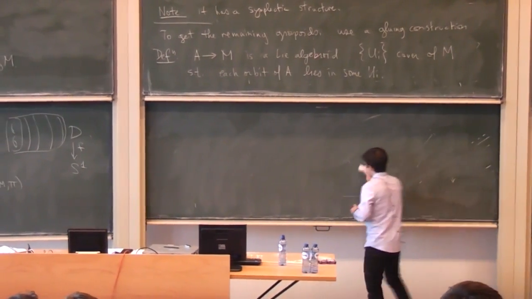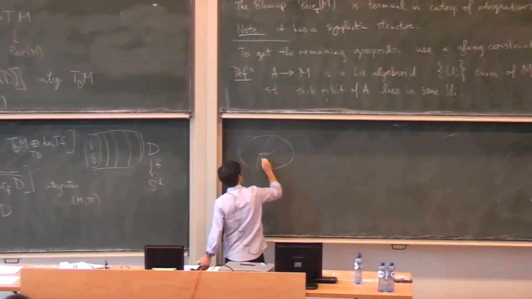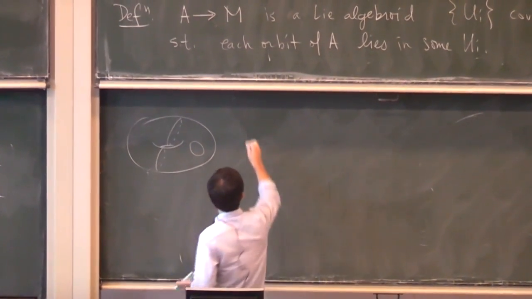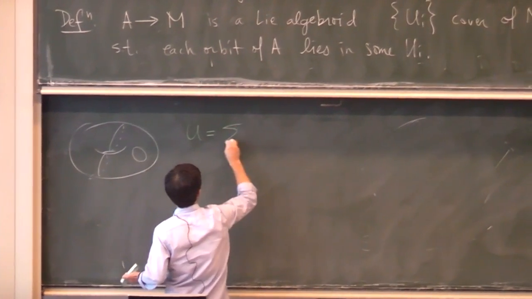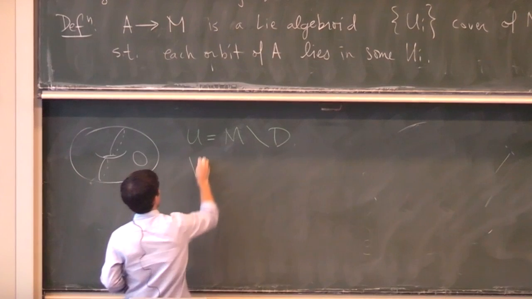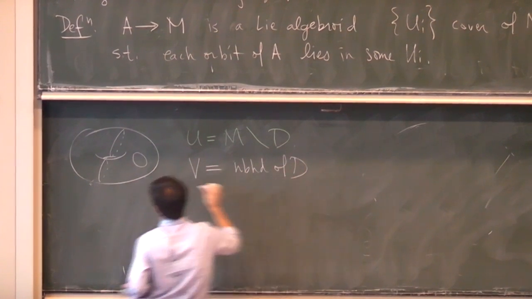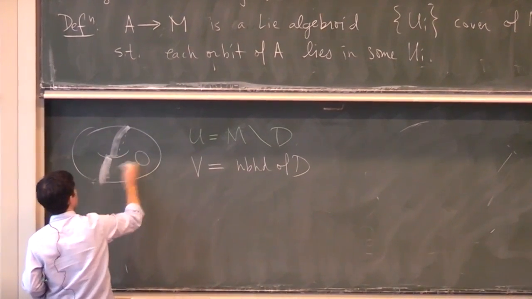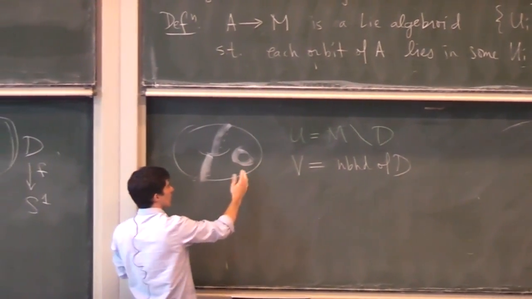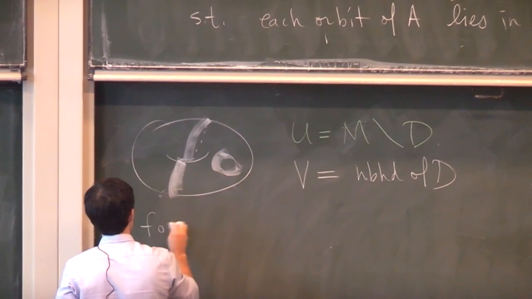Okay, and so what these typically look like, so if this is your degeneracy locus, then what you want to do is to take one open set to be, let's say, M minus the degeneracy locus, and the second open set to be a neighborhood of D. So you'll have a kind of neighborhood here, here, and here. This will completely contain those orbits, and then the rest of it will be one open set. Right? So for such a covering,